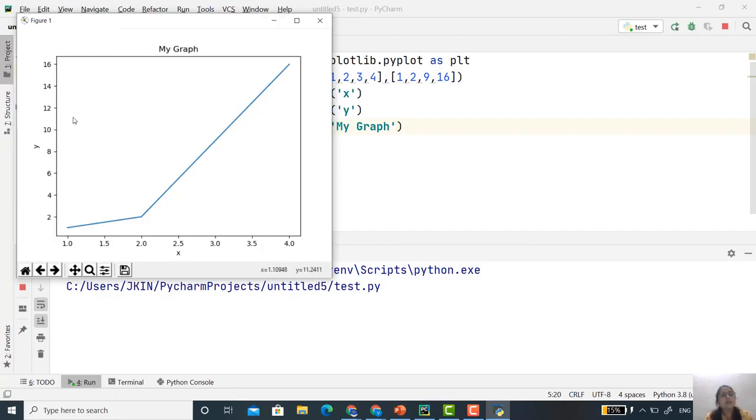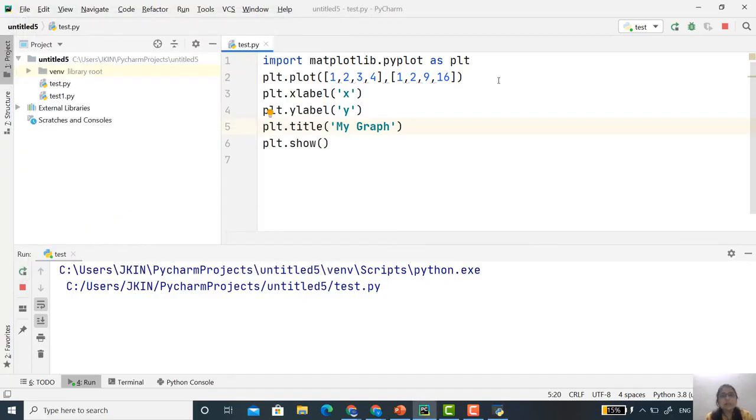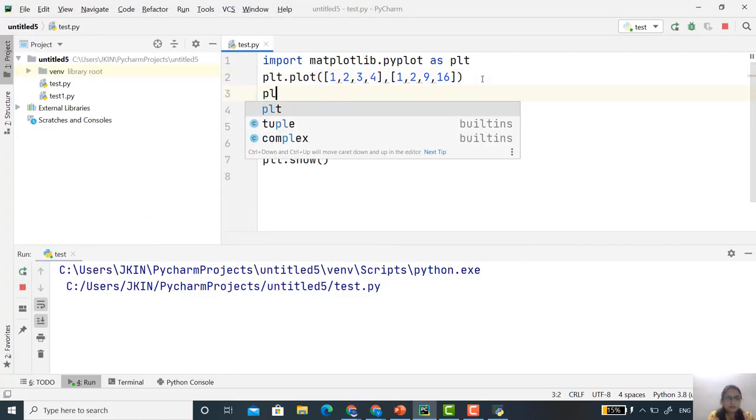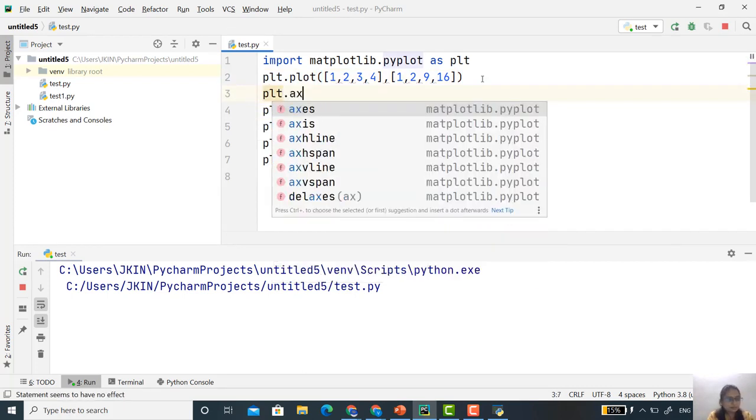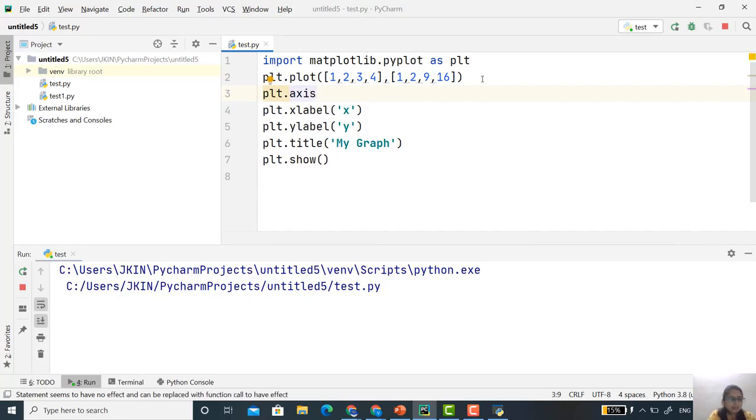Now, see here, if I want to display my x-axis from 0 to 20 and y-axis also from 0 to 20, is it possible? Yes, it is possible. Here you have to use another command, that is plt.axis, and then you provide the x-axis from 0 to 20, and similarly the y-axis also from 0 to 20.